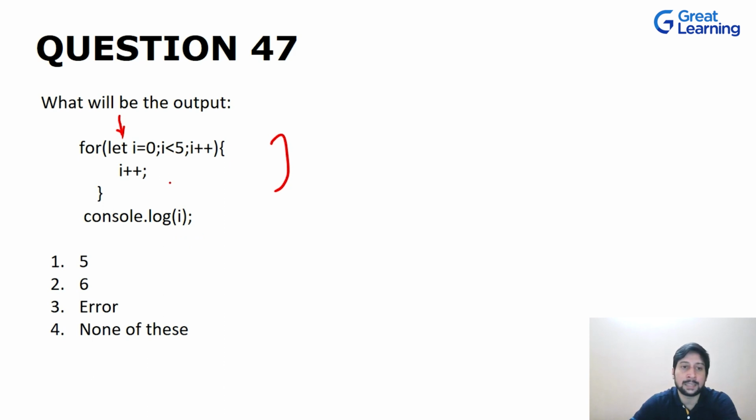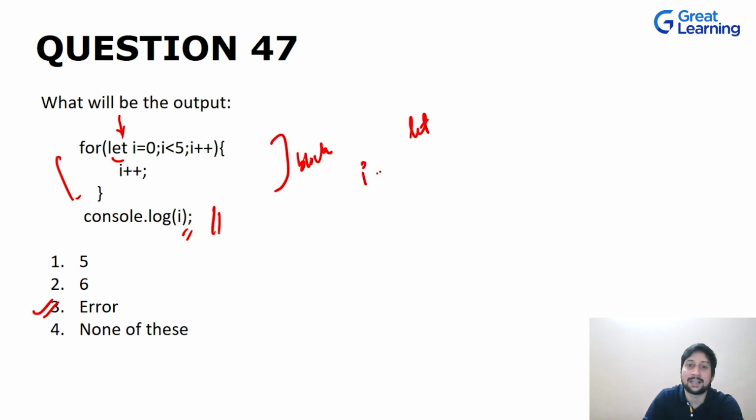Now this is something that we wish not to do because in other traditional programming languages we are comfortable with this thing, that if we are defining a variable inside this for loop, we don't want to access it outside because that is something which we can't do in other programming languages because of the block scope of this variable. Now, whenever you are defining your variable with the help of let, and inside this you have defined your variable I with the help of the let keyword, it makes this I a block scope variable. Okay, now even though we are doing the same thing, when we are trying to access it over here,